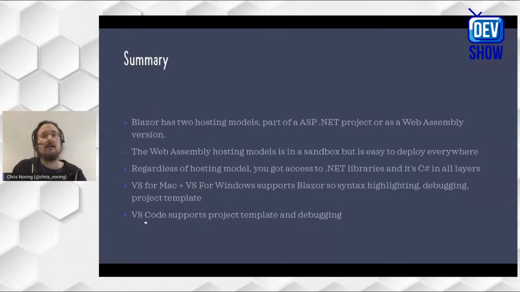Visual Studio for Mac, that's what I've been showing throughout. If you're on a Mac, definitely download that. Blazor has great support. If you're on Visual Studio Windows, you already have all that great support with syntax highlighting, debugging, and project templates. Visual Studio Code is still pretty good and it's free. You have a project template and you have debugging. You don't have syntax highlighting, but as I said, the Blazor team is working on a code-behind solution in which it would separate completely the HTML from the C#,